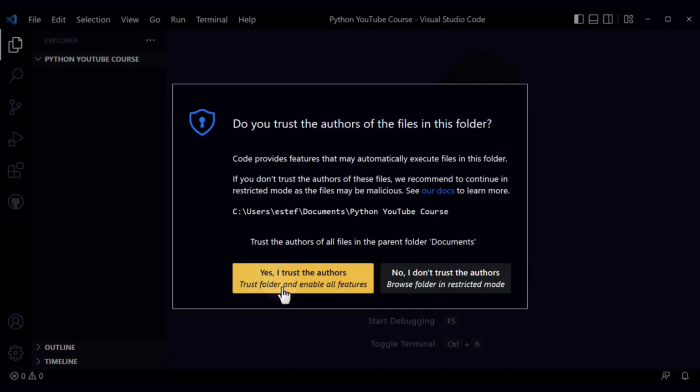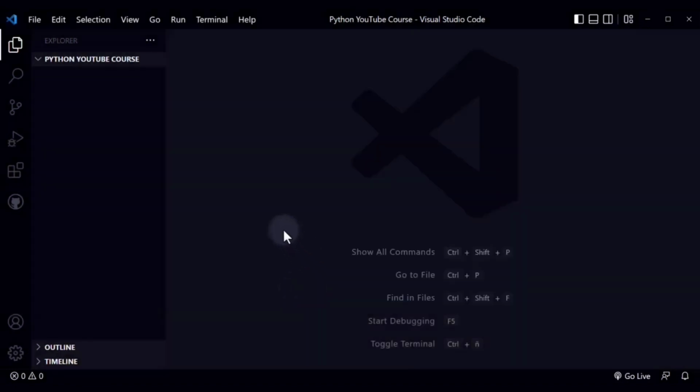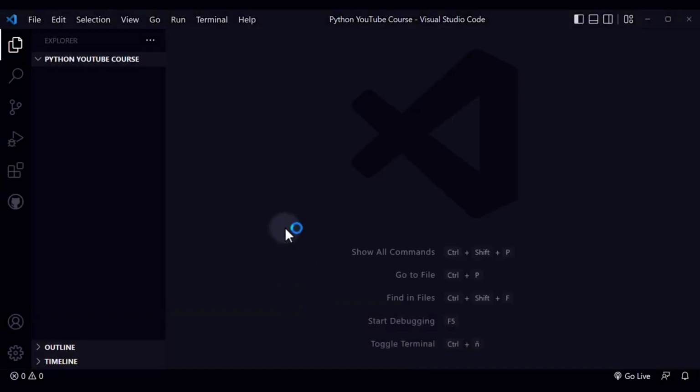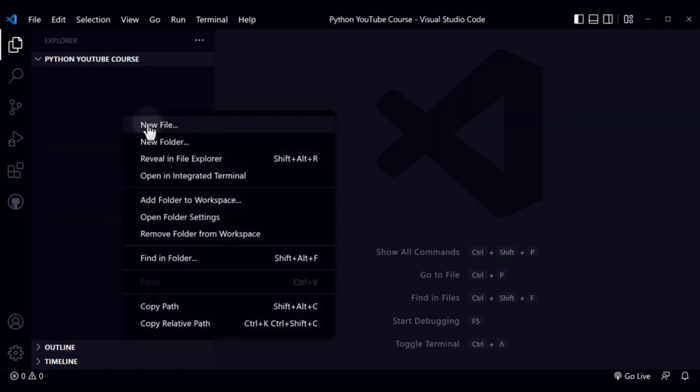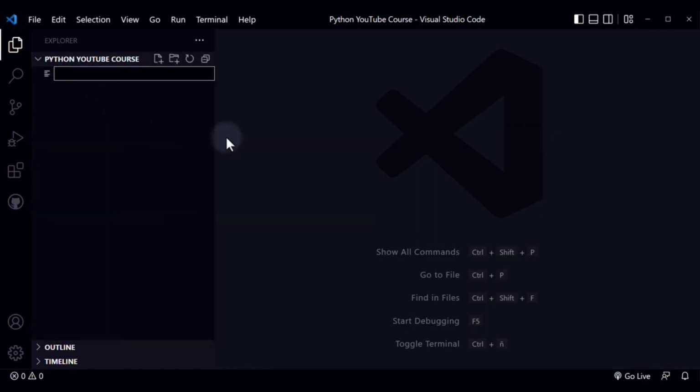So, click here, yes, I trust the authors, and that will enable all the features of Visual Studio Code. After the folder is opened, you will see the name of the folder right here at the top and here in the Explorer. And this panel will be initially empty, because currently it doesn't have a file. But if we right click on it and we select New File, we can create a new